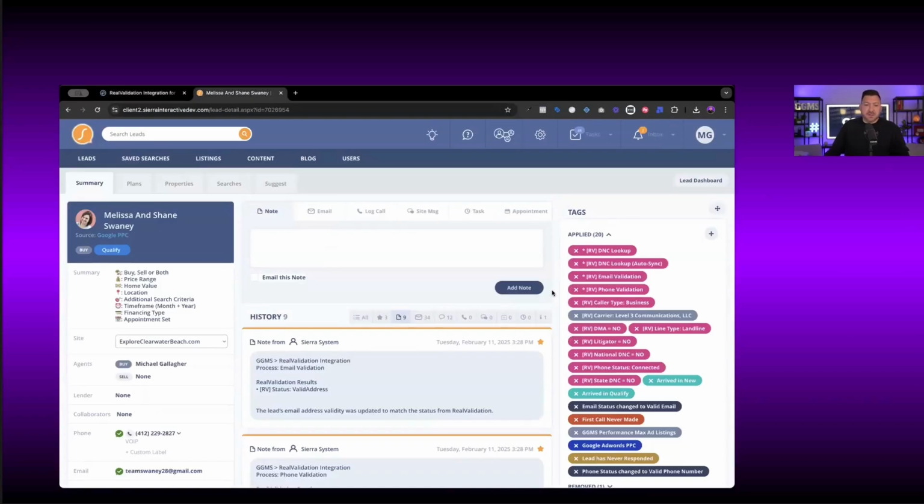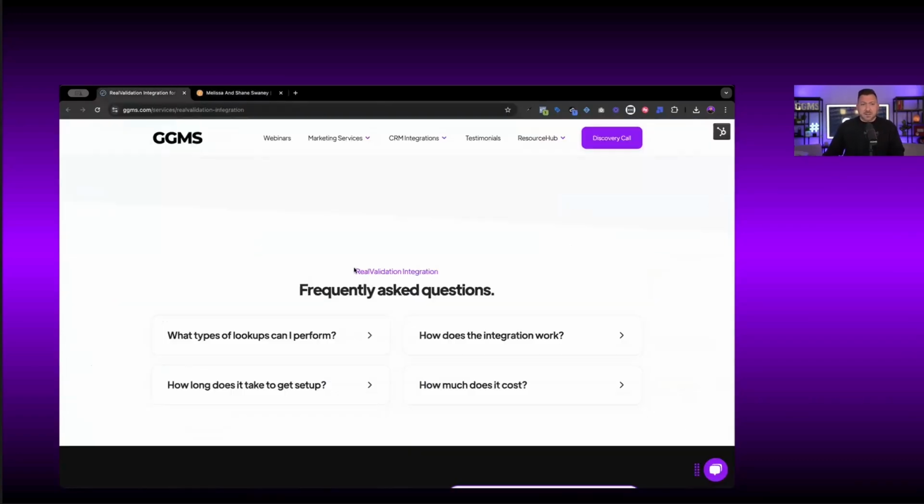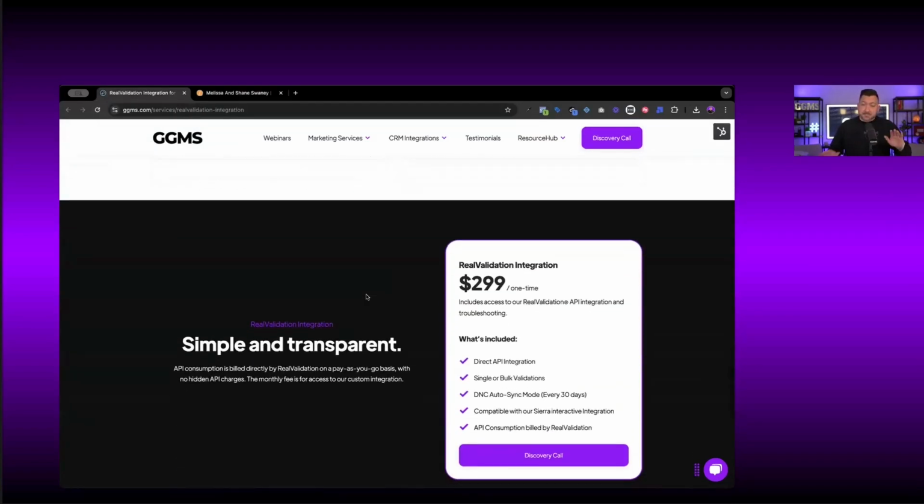Last thing that I want to talk about is cost. What are the costs associated with this? I guess that's the biggest question, right? That's the elephant in the room. We're doing a one-time